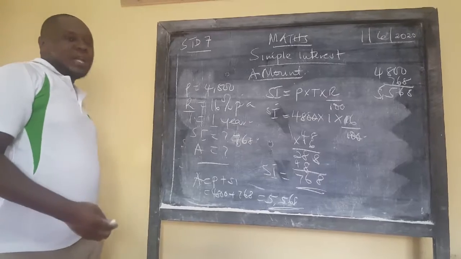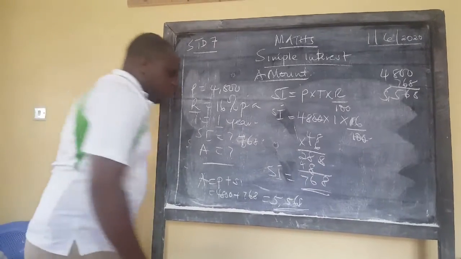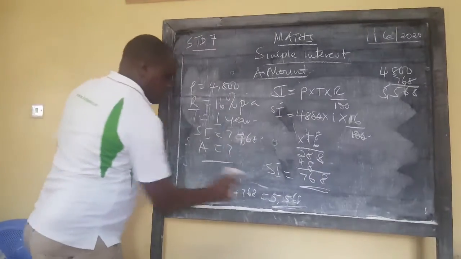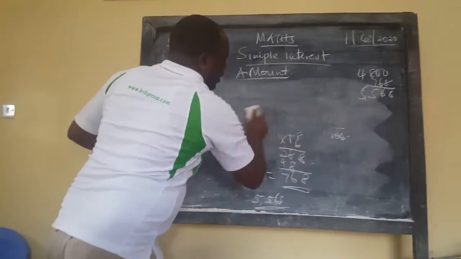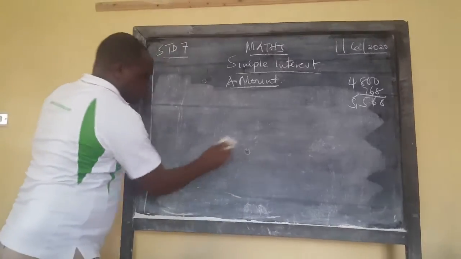So it's very simple, learner, to be able to get the amount. You need first to have the simple interest calculated, then you add to the interest the amount that was there,